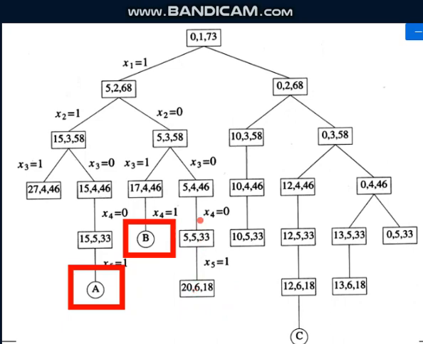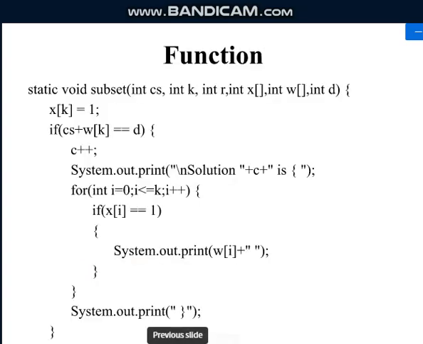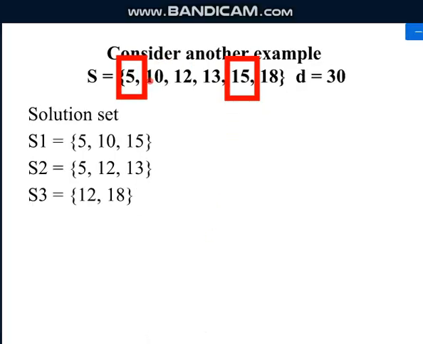So again I'll have to track back and go to this first root node. Now I will exclude the first element and I'll start with the second element. What is the second element? The second element is 10. So if I include the second and third, what will I get? 10 plus 12 is 22. So obviously the next element will be greater than 12, so that will give me more than 30. So I'll exclude this. Now again I'll try including only 12.